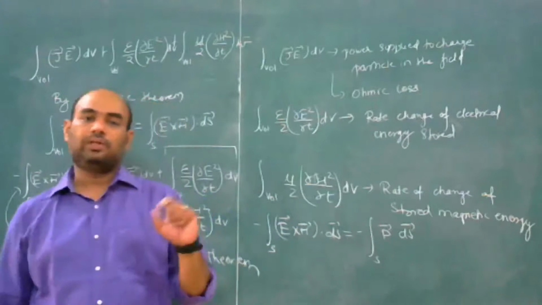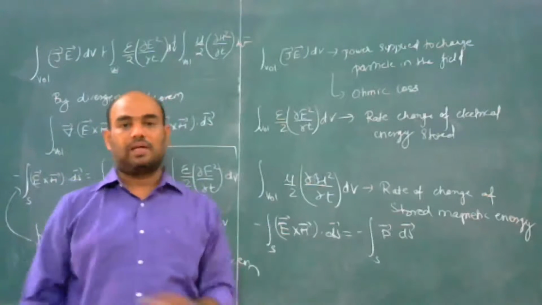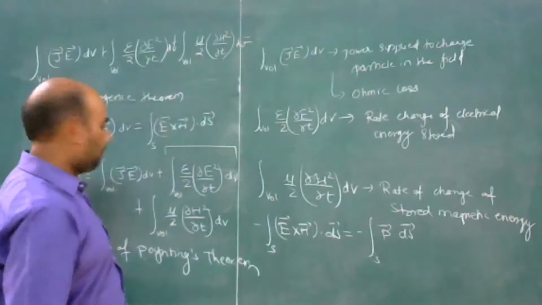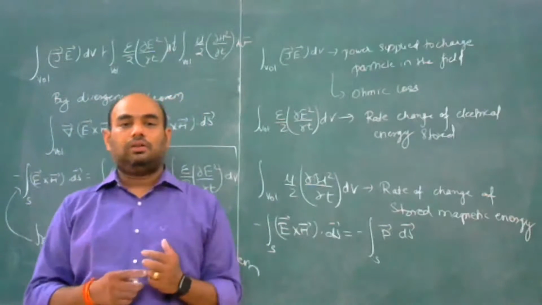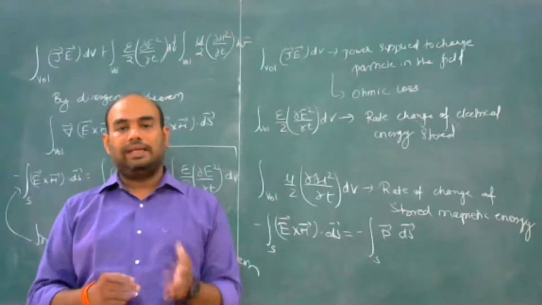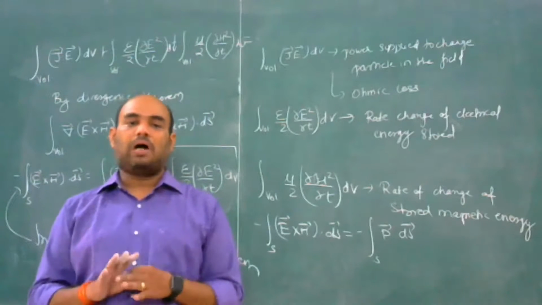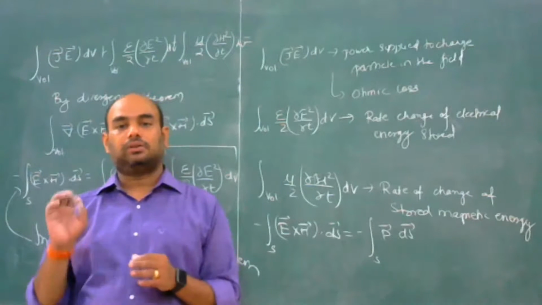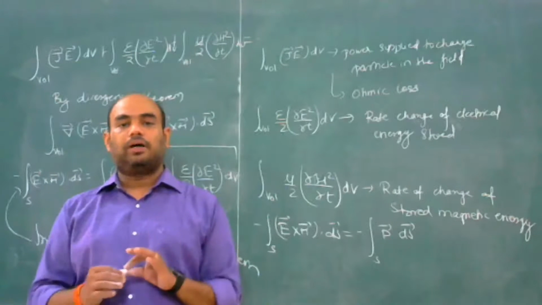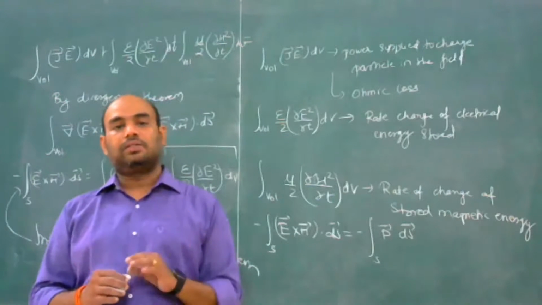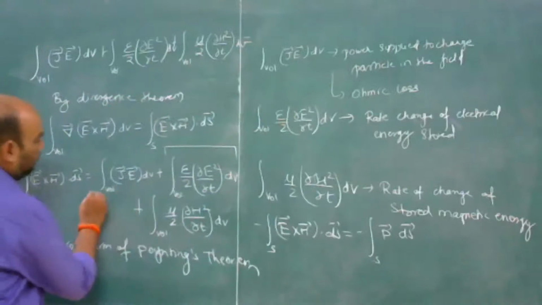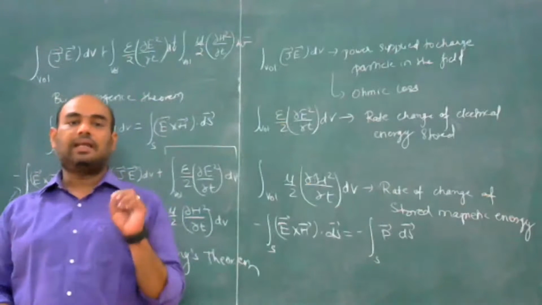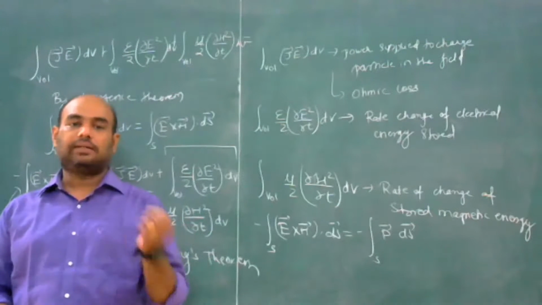The negative sign on the left hand side of the equation indicates that net power must flow into the volume V in order to account for the power dissipation in the region as heat, this ohmic power loss, plus the increase in the energy stored in both electric and